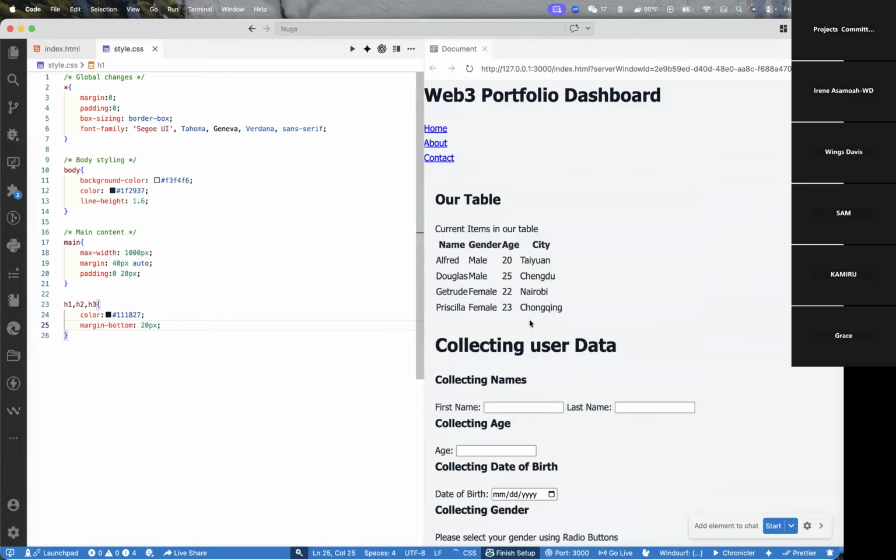Okay. So these are the styling for the header 1, header 2, header 3, the main content, the body styling, and then the global changes. Okay, good. We are not done. So this is just the basics, the fundamentals to styling, the main stuff. But let's go on to adding more styles. Okay, good. So now let's work on the navigation